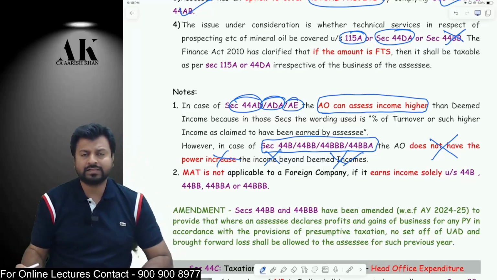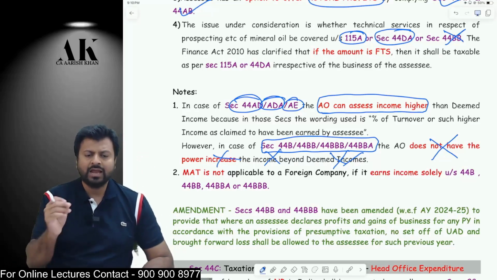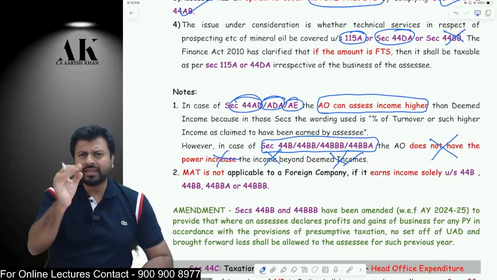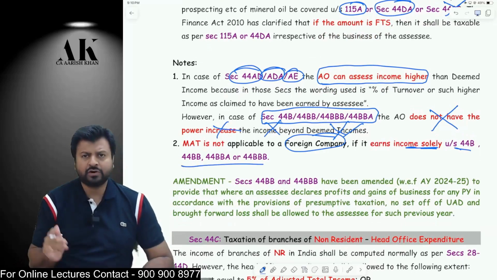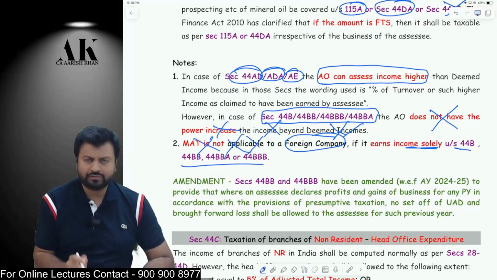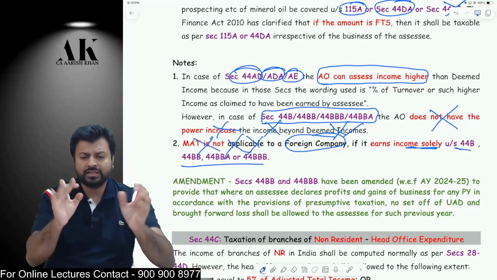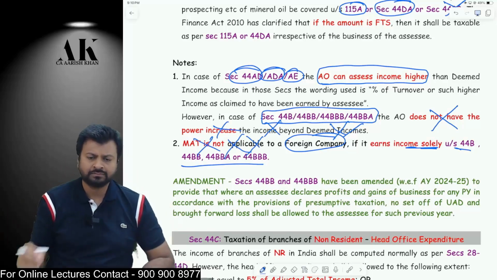It cannot be more than the income mentioned under these sections. Okay, I hope it is clear to all of you. Further, in all these sections, if the foreign company only earns these incomes, that is these four incomes, then there is no MAT applicable on the foreign company. So if the foreign company is only earning these four incomes, the provisions of MAT will not be applicable on